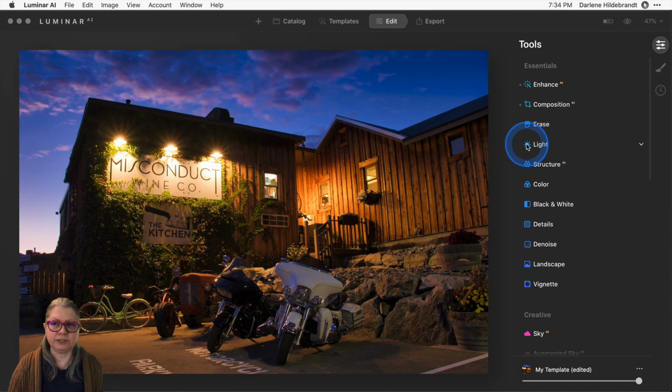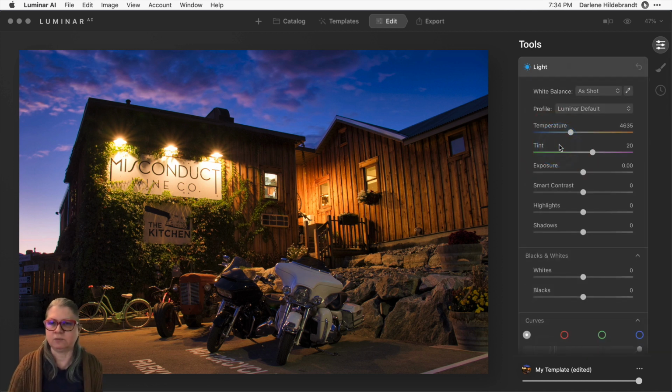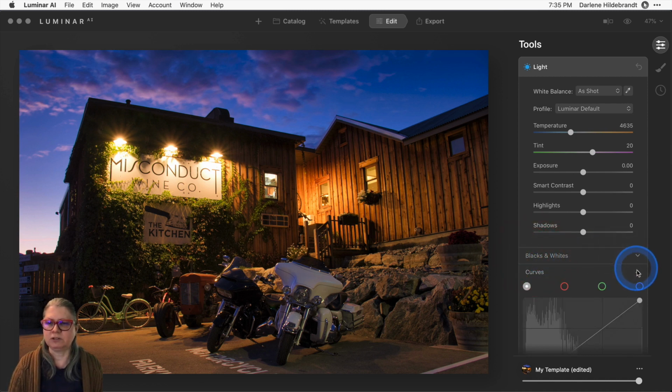Moving down, we're going to go to the light tool next. Don't have anything to erase in this one. I'll cover that in a future video. Once we're in the light panel, you'll see that it's all about different tonalities. We have highlights, shadows, blacks, and whites. And if you don't see this panel, there's a lot of sort of close and open, advanced, or hidden panels inside of Luminar. If you see a little arrow like this, just click it to open that panel.